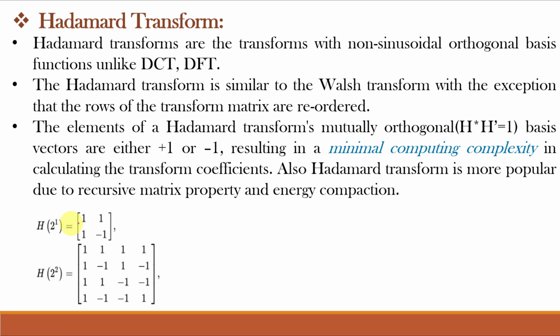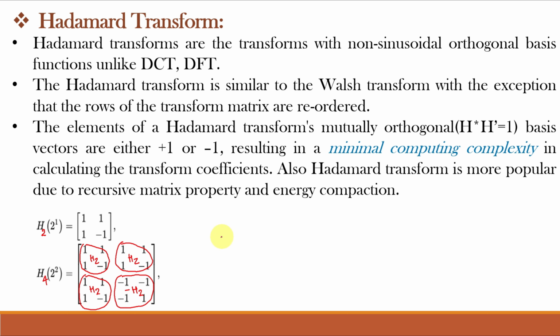So a 2 cross 2 Hadamard matrix is given by, say, H2, which is equal to 1, 1, 1, -1. A 4 cross 4 Hadamard matrix H4 is made using H2 only. We can see here, this is one H2, this is second H2, this is third H2, and this fourth one is -H2. This is H2, same as this one, 1, 1, 1, -1. This also is same, this also is same, while the fourth one is minus of H2. That means minus of this. In place of 1, 1, it is -1, -1, and in place of 1, -1, it is -1, 1.